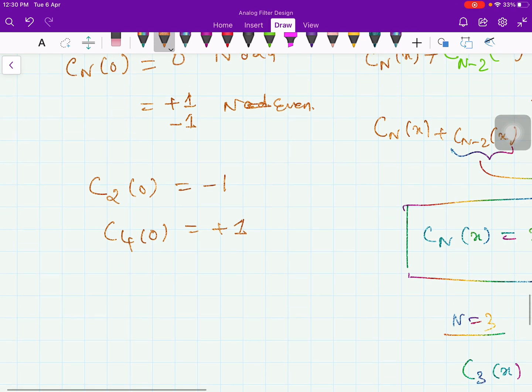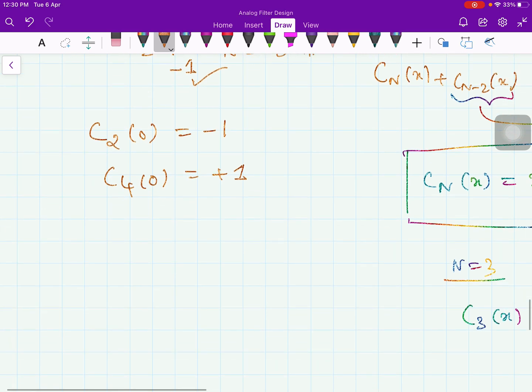So it is either plus 1 or minus 1. Therefore we learnt two things. One is that if capital N is even, the polynomial is even. If capital N is odd, the polynomial is odd. And because of the even and odd characteristic, the behavior at x equal to 0,